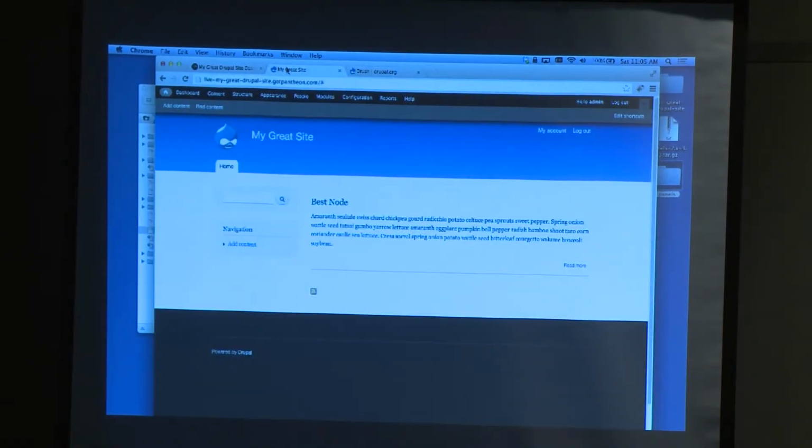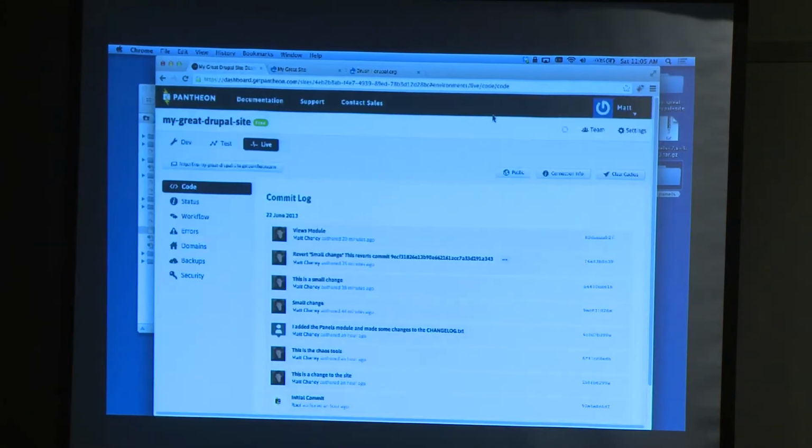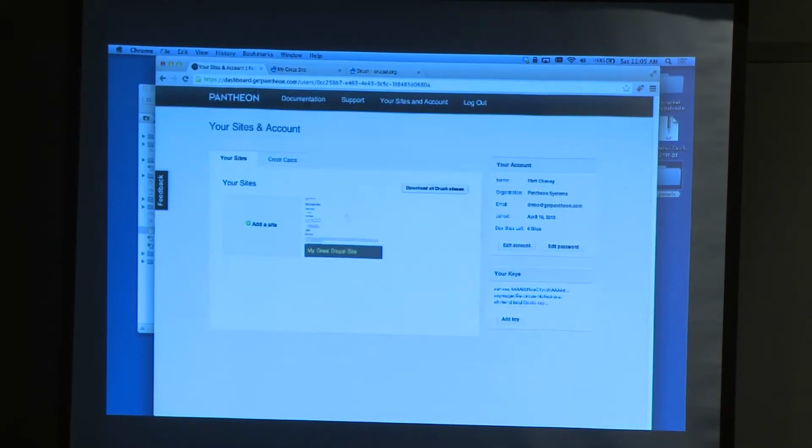But with Pantheon, because Pantheon's in the cloud, there are some newer ways to work with it. One thing you can do to use Drush on Pantheon, which helps for performance and development, is on your main page, you can see here's a picture of my site, and I have this download Drush aliases button. This is going to let you get set up for Drush for all of your sites. So if you're using Pantheon and you're not using Drush, you download Drush, get Drush installed, and then what you do is